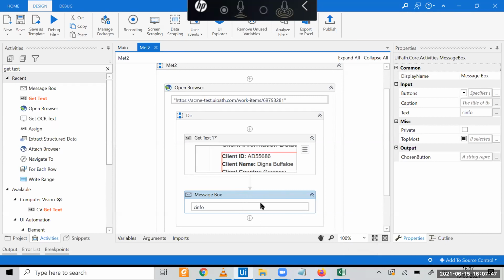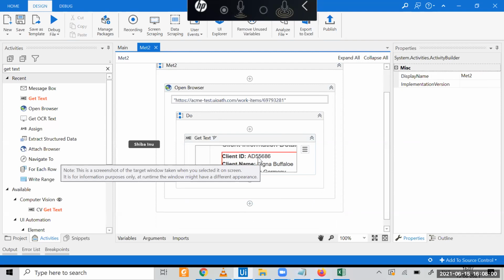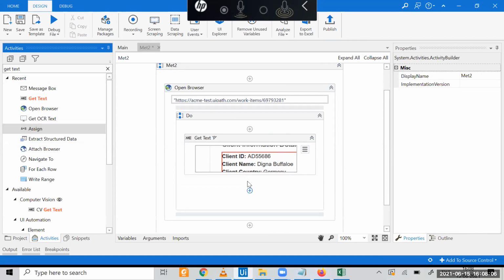Right. So there is a functionality I'm going to use for this, called splitting functionality. Splitting functionality and assigning functionality. So I'll assign, right?